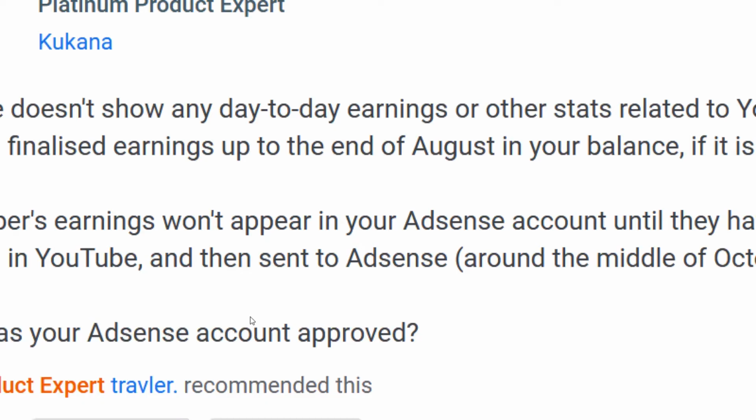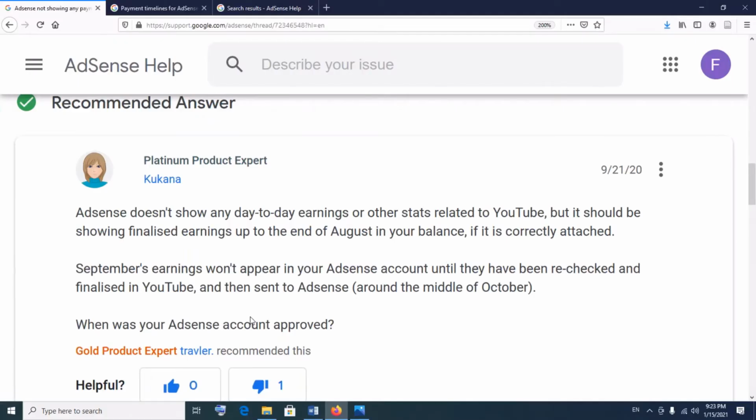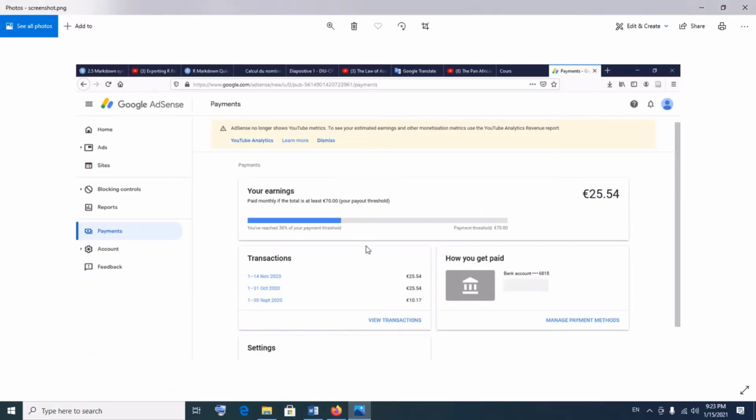My earnings for December 2020 was actually paid to me on the 11th of January. My earnings for January will be paid between the 10th and the 14th of February. My earnings for February will be paid between the 10th and 14th of March. That of March between the 10th and 14th of April. So this answers the question of when you should always expect your YouTube payments to reflect in your Google AdSense account. So I hope this is clear. Now let's tackle the next question.